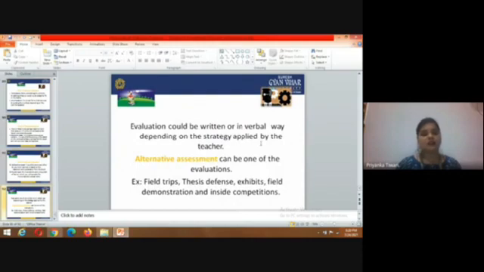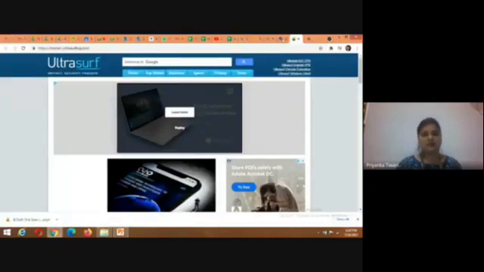So evaluation could be written or maybe verbal, depending on the strategies applied by the teachers. And alternative assessment can be done as one of the evaluations: field trips, thesis defense, exhibits, field demonstration, and inside competitions. So this is all about